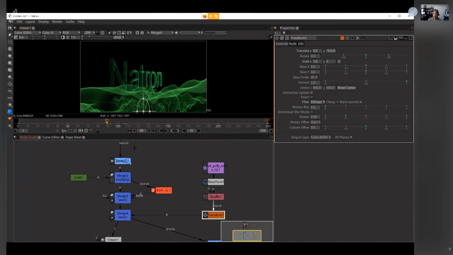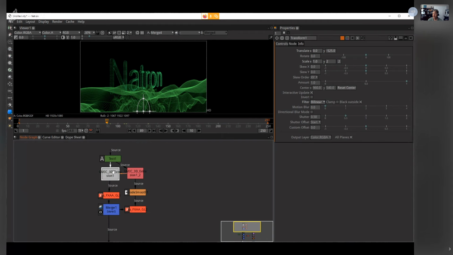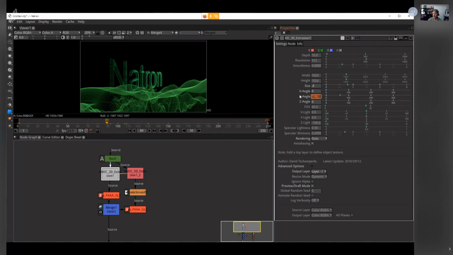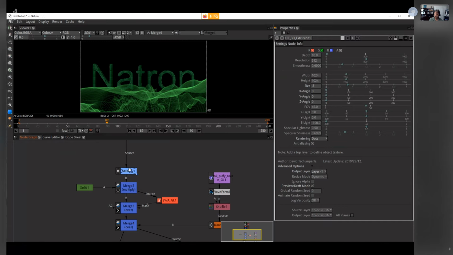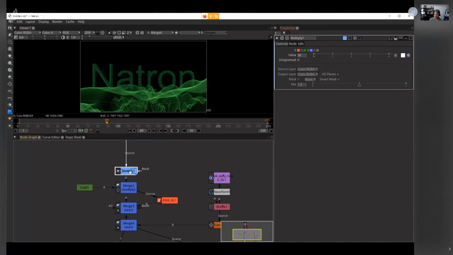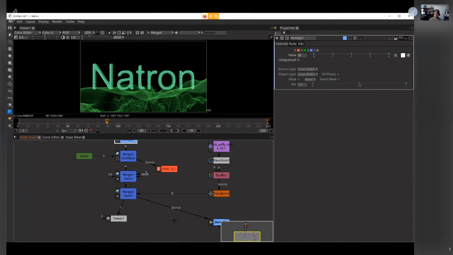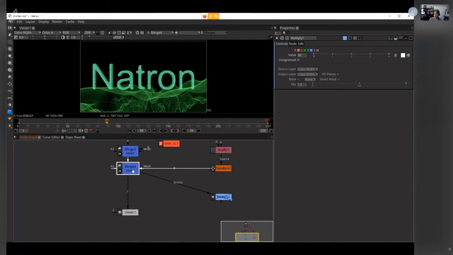But the key thing is that right now, the problem we face is that our original Natron here, I'm going to zero this out. This isn't bright enough. And so this is why we have the multiply node in here that was set to 30. When I now reveal or make this visible again or activate it, now our Natron is significantly brighter. And it looks a little overblown at this point, but that will get resolved in a little while, because what we're going to do now is we're going to check in